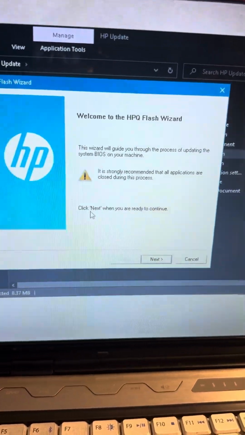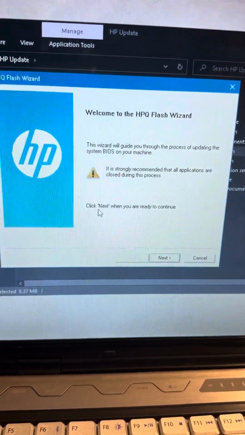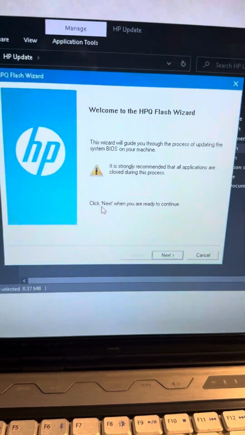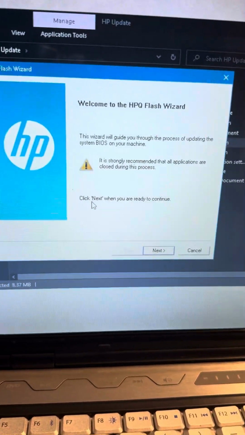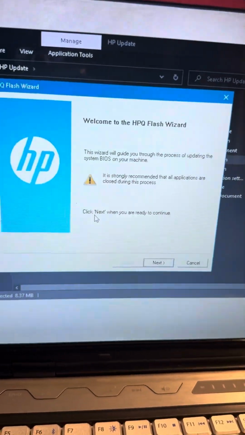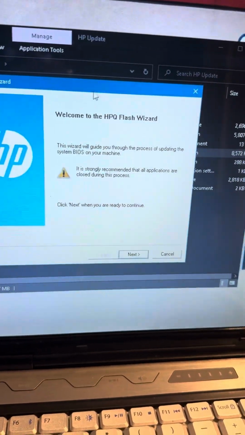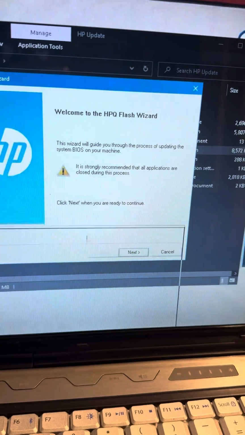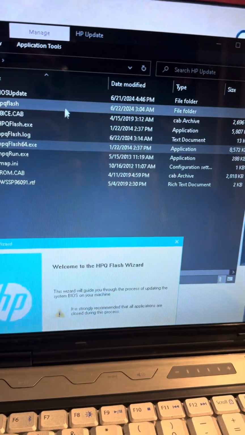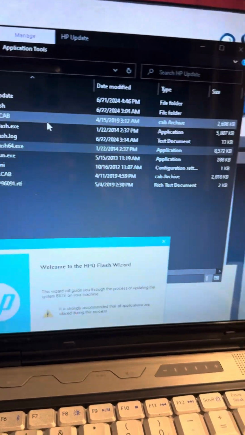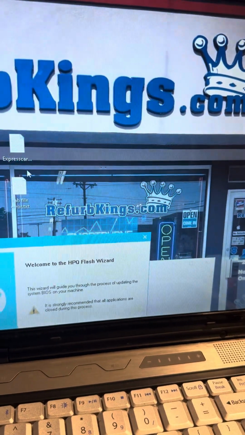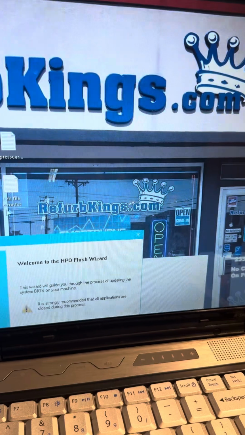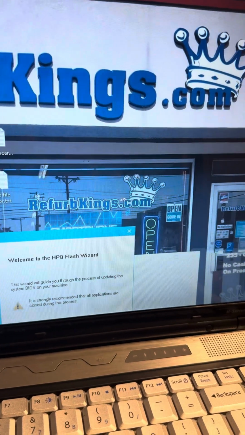All right, this is how to create bootable media for the HP Flash Wizard for the HP EliteBook 8470p laptop. I was able to do this by changing some things in the folder, because we would get an error when we would download the BIOS file for the 8470p laptop